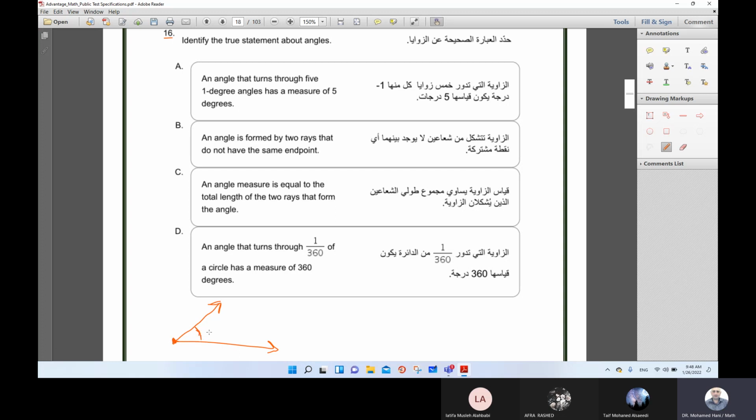Here the vertex, here the angle. So the first choice, an angle that turns through 5 degrees, means here 1 degree. Angles has measures of 5 degrees. If the measure of this angle is 1 degree,